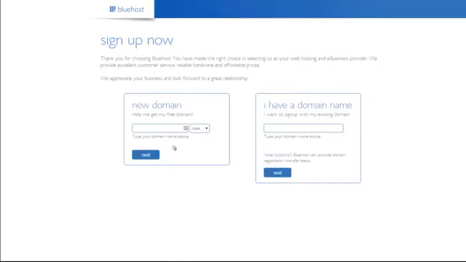Like I said, this may have changed slightly, but it should be basically the same by the time you come along. And here you're going to type in your domain name. So this is what I said earlier. So for example, for this sniper site, I know that domain is taken, so I'm just going to choose one which I'm sure won't be. So how to lose weight within 65 days. It's a very unusual one, and I'm just picking it as this example because I'm sure it will be available. So if we click next,